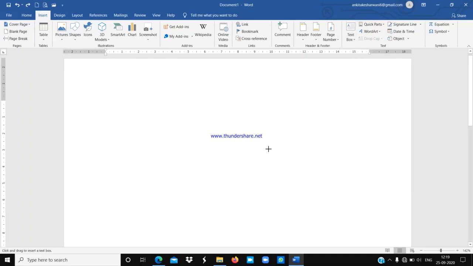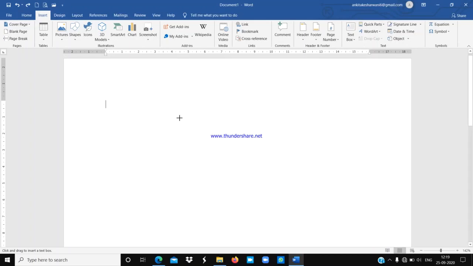When you click on the draw text box button, you can observe that the mouse pointer changes into a cross icon. Now, if you want to draw a text box, you have to click and drag the mouse pointer on the document to create the text box.